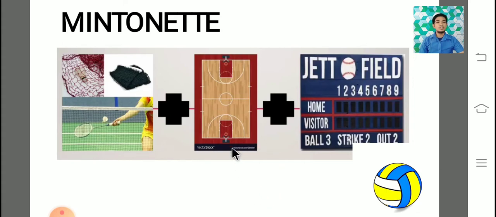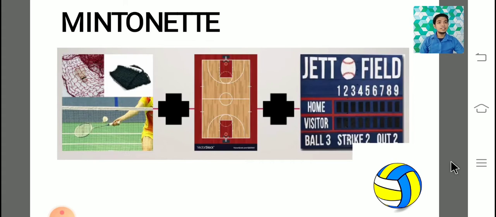Okay, how about this one? Yung nasa gitna. Ito. So that was the basketball court. And then the last image, yung nasa right side ito. Ano yan? Sige nga, anong sport ang gumagamit niyan? Oh, correct. So that is the